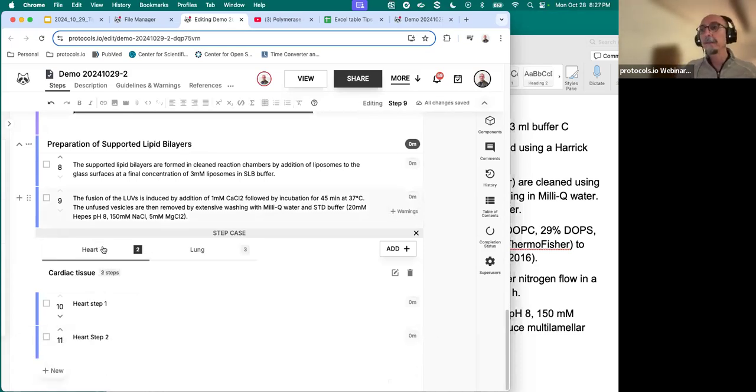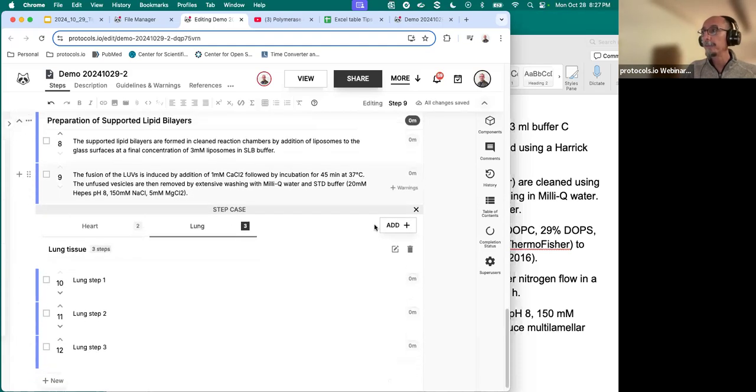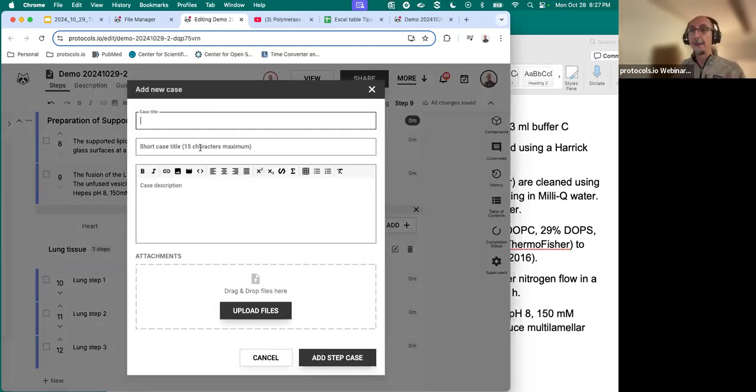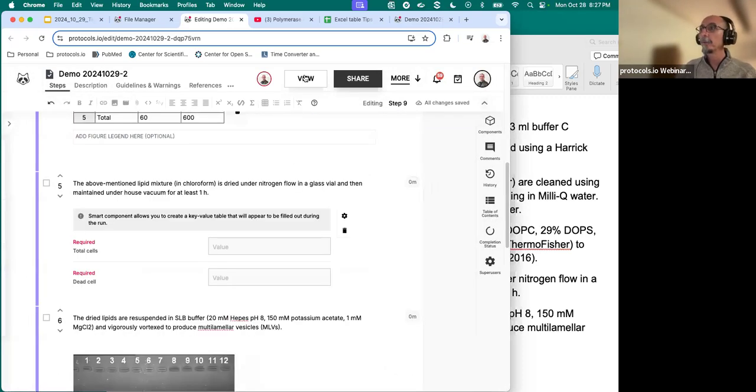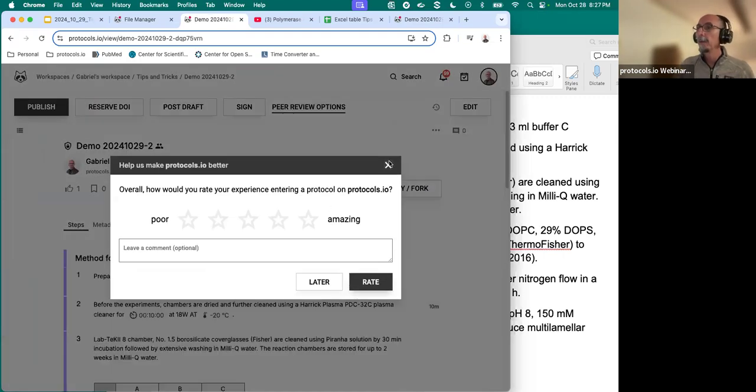Now I have the heart with 2 steps, the lung with 3 steps, and I can add a third one. I can call this liver tissue, liver, and so on. So I have many cases,